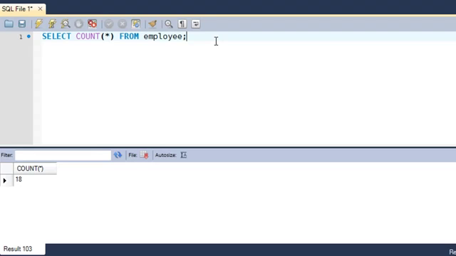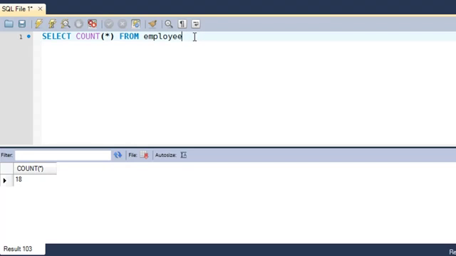And you can verify that by executing a select star from employee and then counting all the rows that are there in the table. But then this might not seem too useful for the employee table because this table has got just 18 rows. But then if you've got a table with a lot of data, imagine Facebook's database in which it has a table that has details of all users from a country, that would run into millions and millions of rows. So in that case, the count star function is very useful. It just tells you how many records are there in a table,